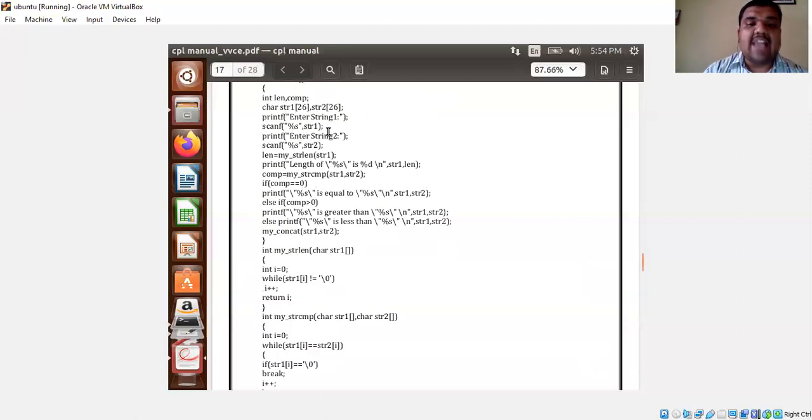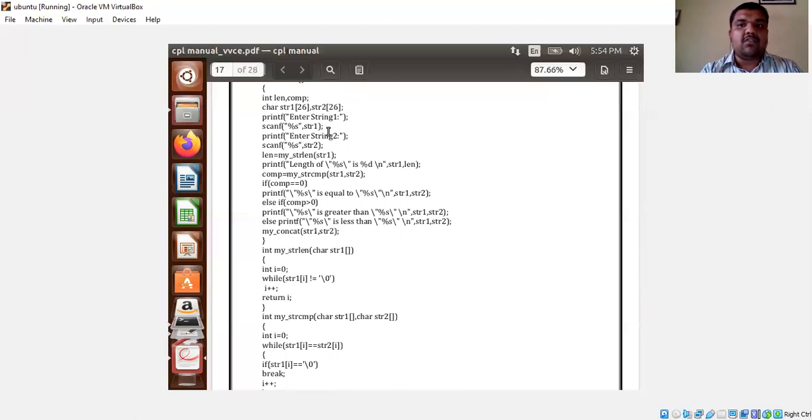Next we have the last one, that is my concat of str1 comma str2. For what purpose is concat used? Concatenation of two strings. Suppose I want to join two strings and make a single string. How to do that? First, string 1 is taken. Then string 2 has to be joined. How is it joined?